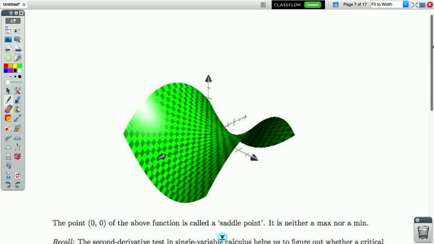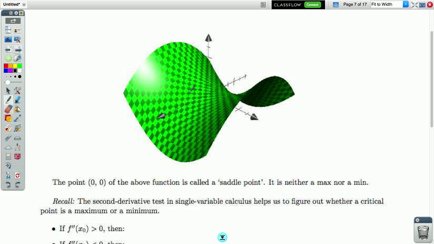Imagine, for example, that we have a function like this. I've referenced this a few times in our lesson so far. I talked about it as being like a Pringle chip. This is a function that has something called a saddle point. If you're walking along the function in this direction, you walk over this hill and then over the other side. But if you're walking in this direction, you walk down the hill and up the other side. And in both cases, we're passing through